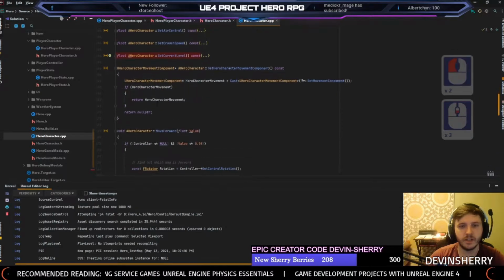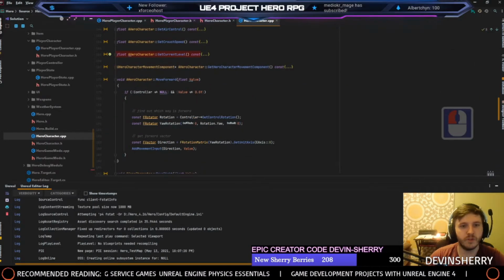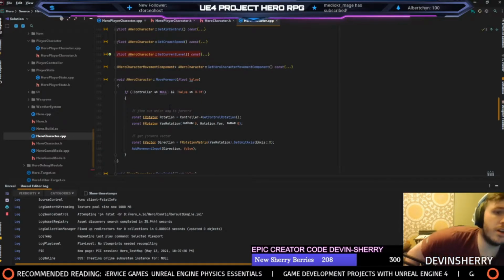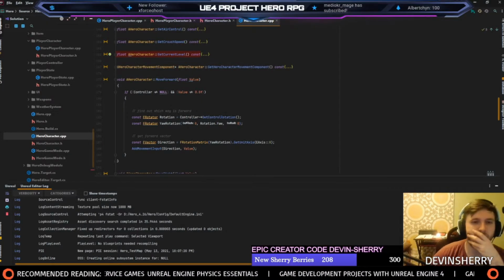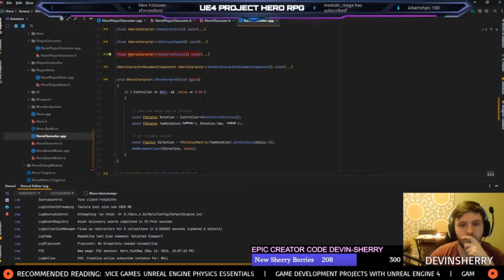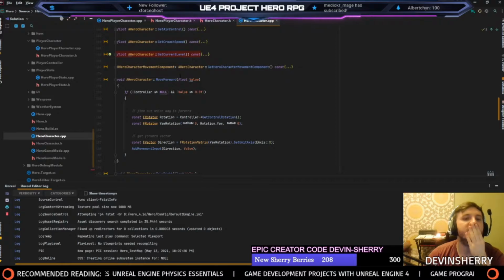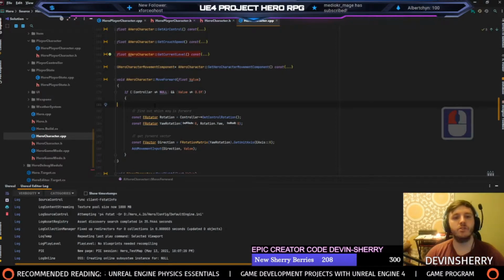Current level I don't need. There's the movement component. Here's the move forward. So we're gonna have to